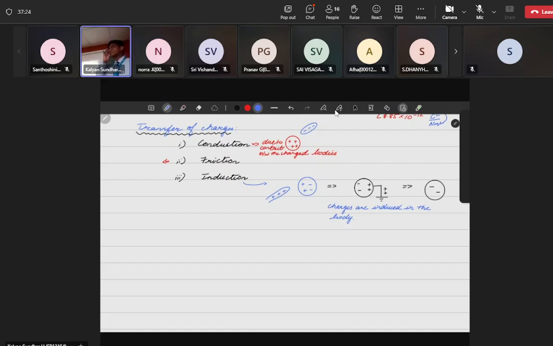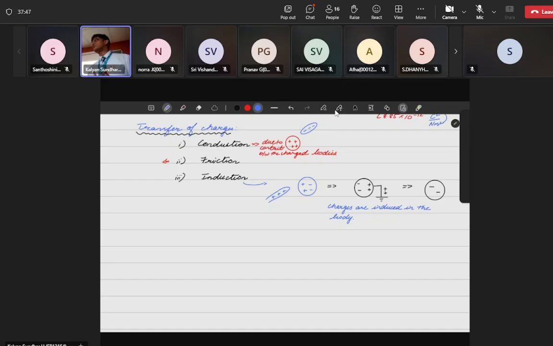So next is by friction. Friction is a normal case where you rub a plastic rod with wool, and one will get the positive charge and the other will get the negative charge. Normally they will be neutral bodies. Once you start to rub the rod with any cloth, silk cloth or woolen cloth,